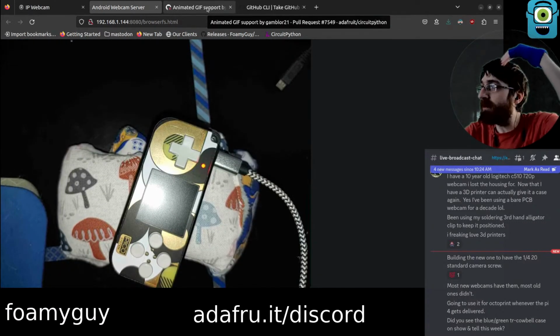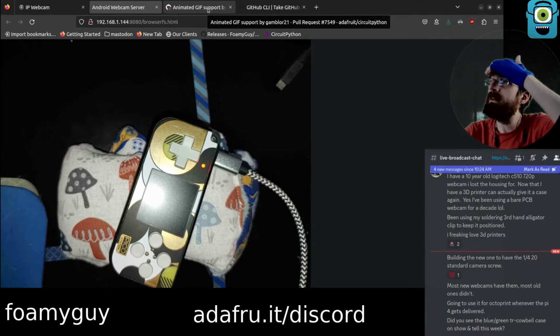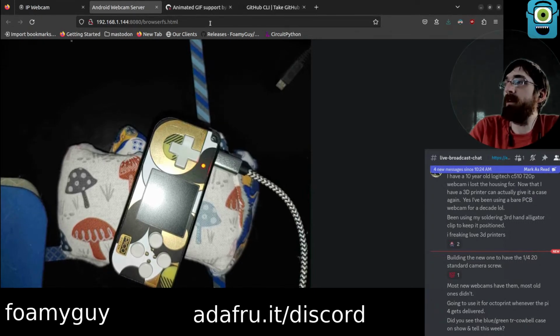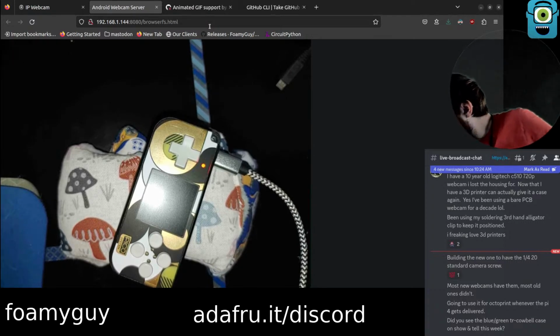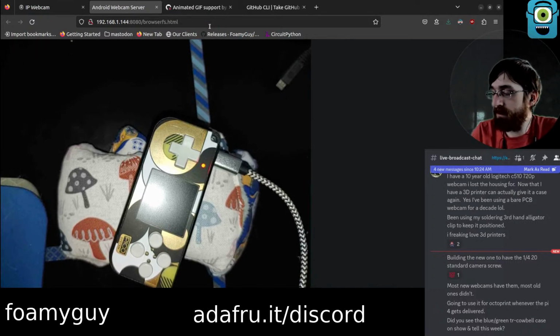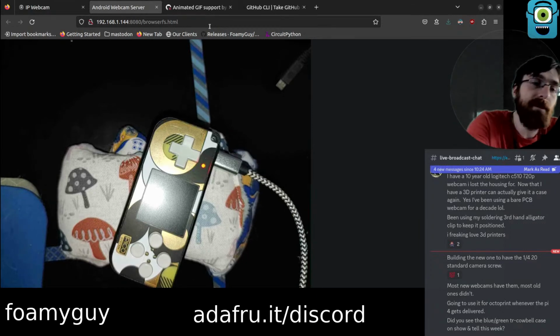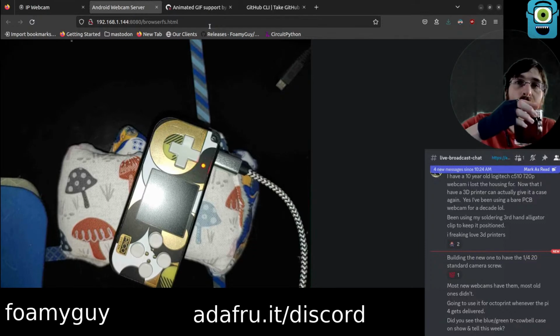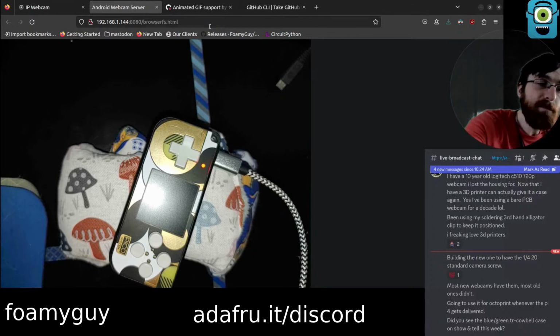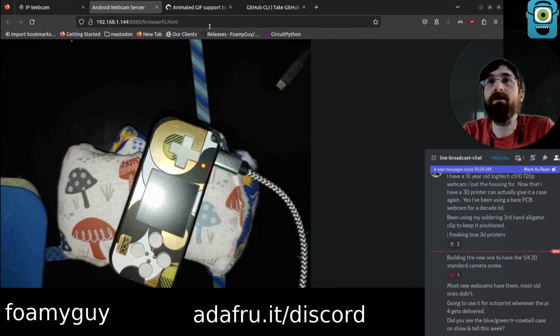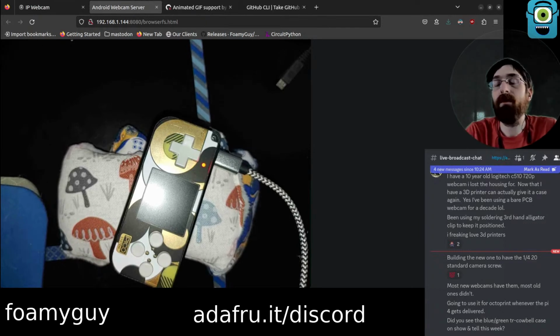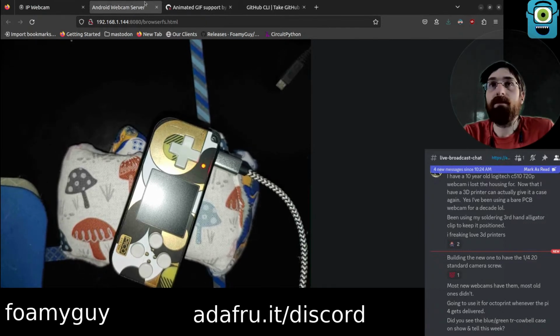Is it for Octoprint when the Pi 4 gets delivered? You see the blue-green TR cowbell? I have not caught show and tell from this week, actually. I need to go back and watch it. I went out this week with family for dinner on Wednesday night, and so I was not back around until much later in the evening. I will check it out, though. Got the new case showed up on there.